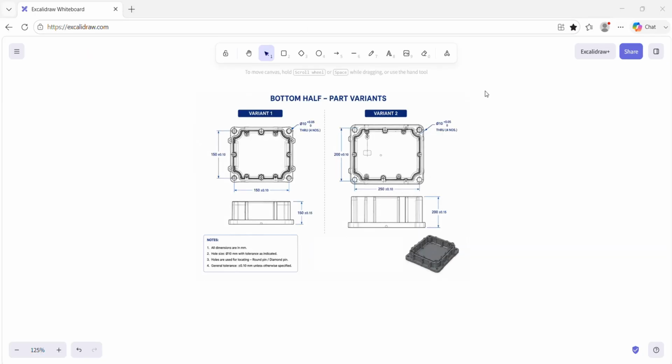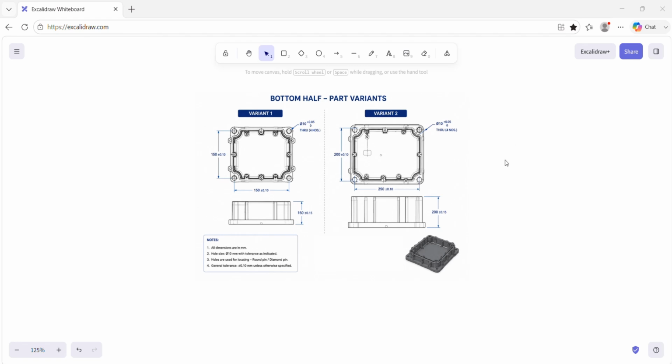Okay guys, so now we will first start discussing how we will design the fixture. Now why is a fixture needed? Because the operator will load the part inside the machine and has to repeatedly load the part in the exact same position. Why? Because we are dispensing the sealant and the coordinates should be the same. That's how we should first start thinking about how we will design the fixture.